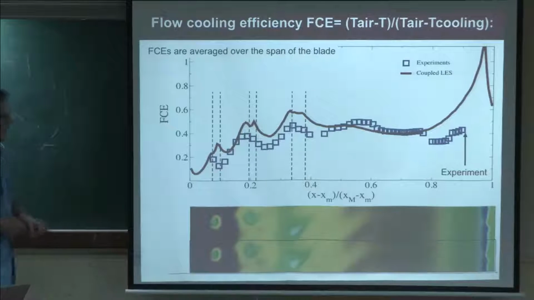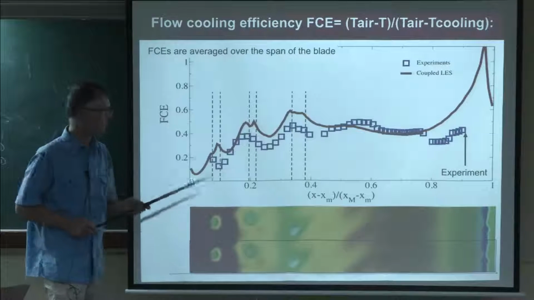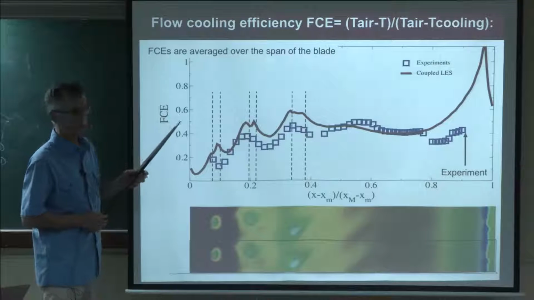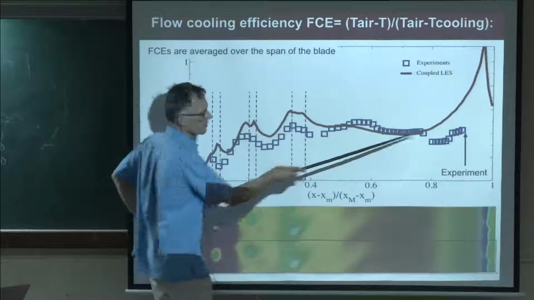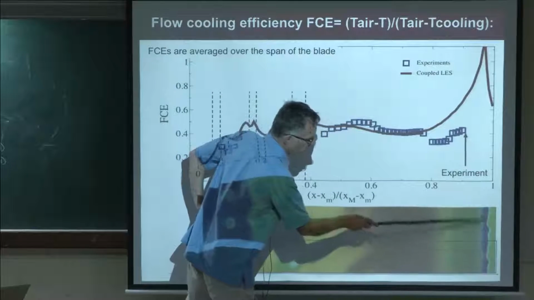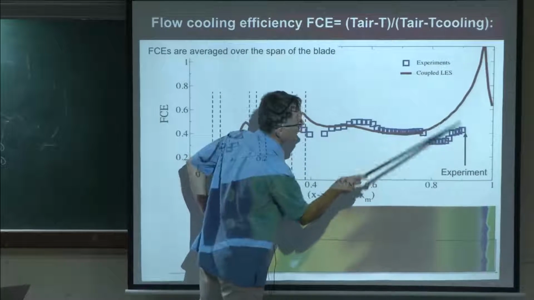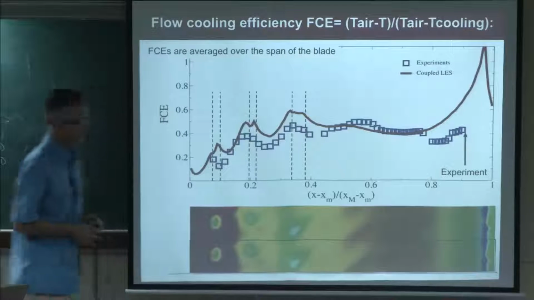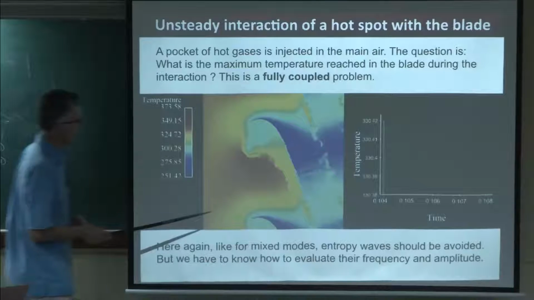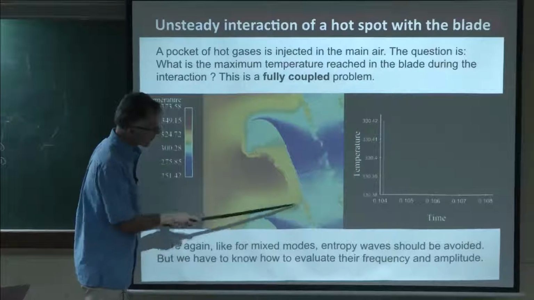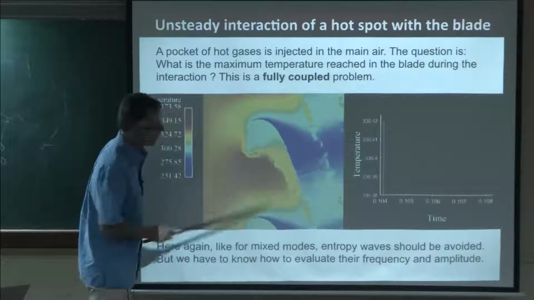You can measure the temperature of the blade and compare it to experiments. That's what they call the cooling efficiency. And you see here the experiment and the LES, and it worked well except here. At the end of the ring, there's something strange going on between the two. We believe we know what this is, but for the moment we didn't fix it. It's the problem of the interaction between the blades, which leads to this problem at the end of the blades.